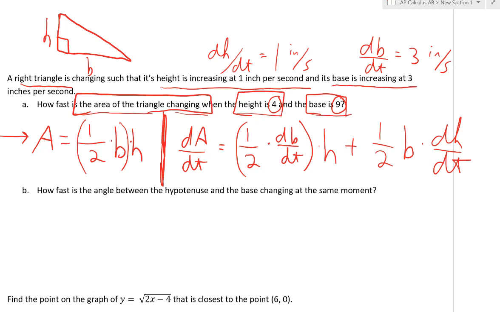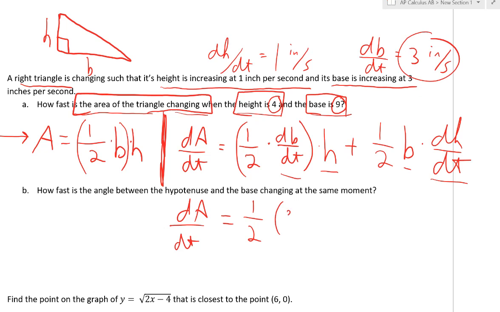And this gives me an equation that says dA dt is going to be equal to, we can find it if we know dB dt, h, b, and dH dt. If I know those things, there are 4 variables over there, I can plug them all in, and I can simplify it down, and that'll be what dA dt is. And it turns out I know all those things. So let's write this out. dA dt is going to be equal to, the 1/2 is there, dB dt is positive 3 inches per second,